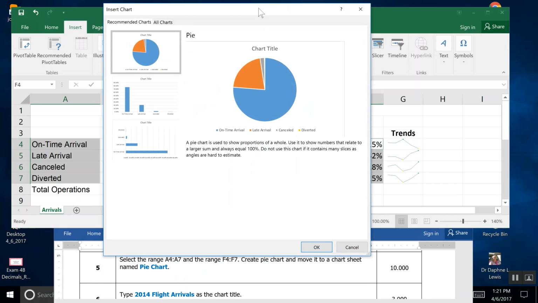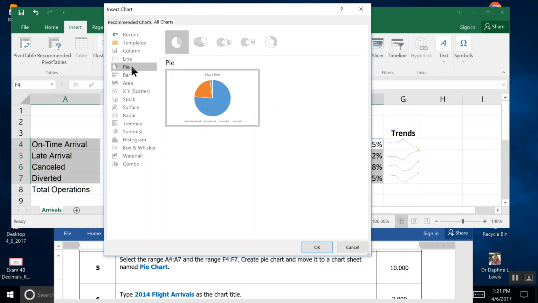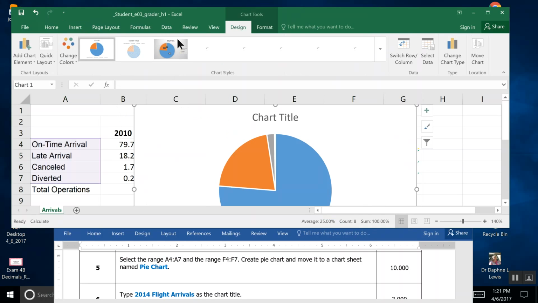And it's recommending a pie chart. I'm going to come on over to all charts, and I'm going to go down to pie and see my different choices. You have 2D and 3D choices. It doesn't tell us which default to go for. I'd go for the first one. And once you click that,